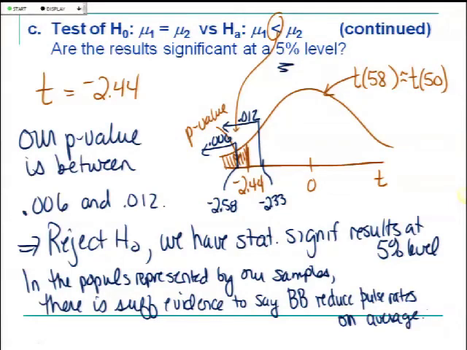Or that the average pulse rate for beta blocker treated subjects would be significantly lower than the average pulse rate for a placebo group. There is evidence or support for that theory. All right, that took a little bit of work because we had to calculate